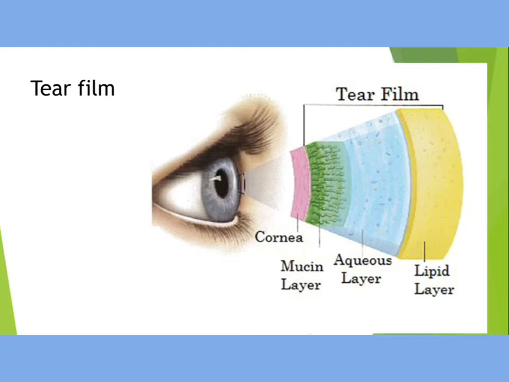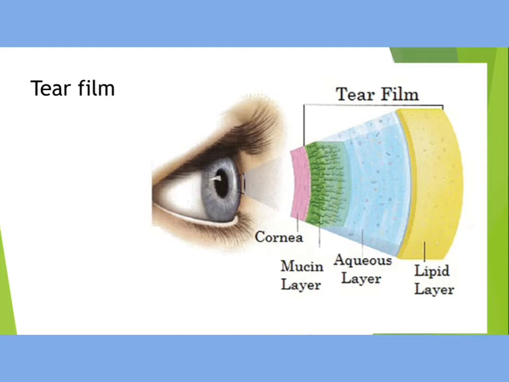Okay, so lacrimal drainage system means tear is produced, or secreted, from the lacrimal gland, and it flows over the ocular surface and drains to different parts. Now, the procedure which tear follows to drain out is called the lacrimal drainage system. So what is tear? Tear is a drop of salty water that is produced from the lacrimal gland and flows over the eye surface, moistens the eye and drains out through the mucus.